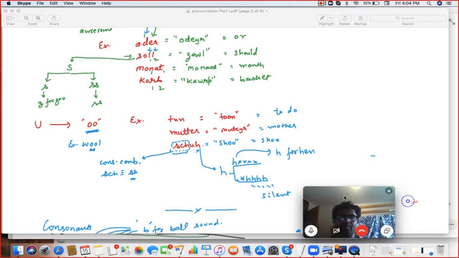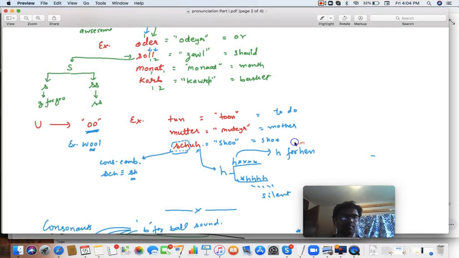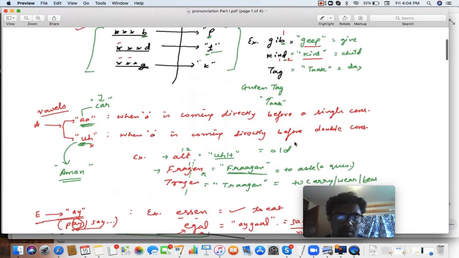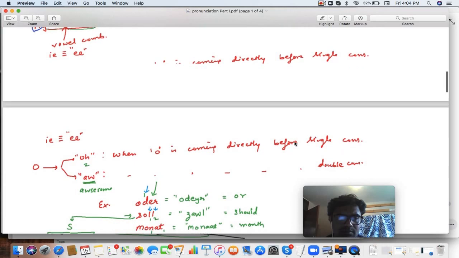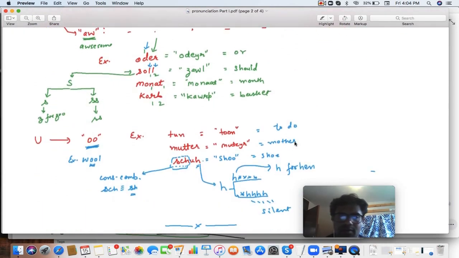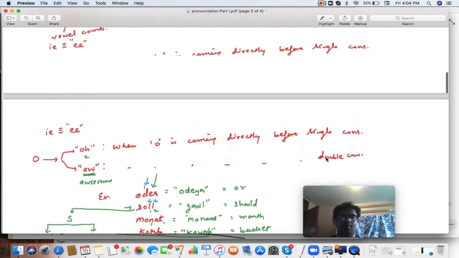First of all, go through the file, page number 1, for 5 minutes. A, E, I, O and U. It's a totally new subject, so take 5 minutes. Try to revise the rules for A, E, I, O, U first, and then we will revise these rules again and move ahead with the consonants. After 5 minutes, we will discuss them again. Just try to revise and learn them as they are.